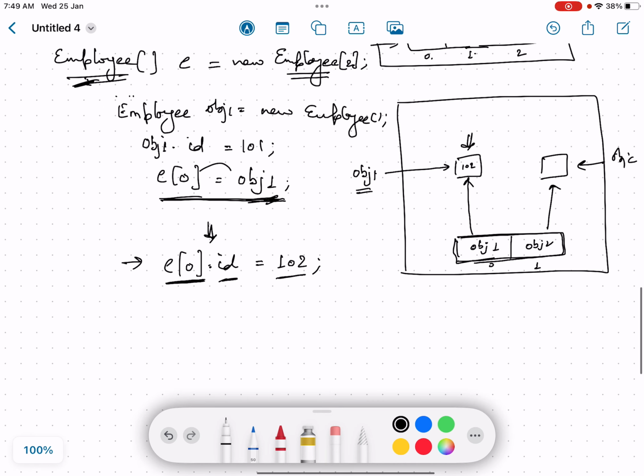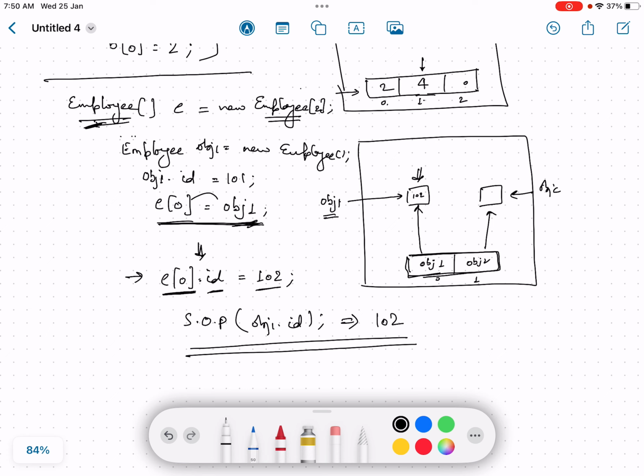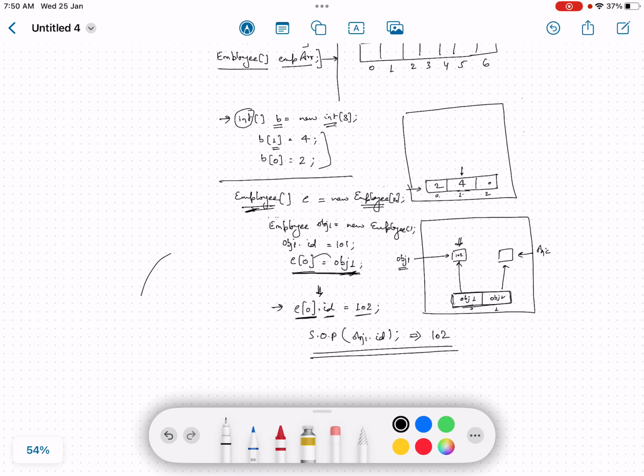and this reference variable is pointing to this object, and so does this reference variable. So now if we try to access the id value by obj1.id, we get the same value. This is nothing but the basics of reference variables, and the only thing is we are now doing it via arrays. So just to summarize,